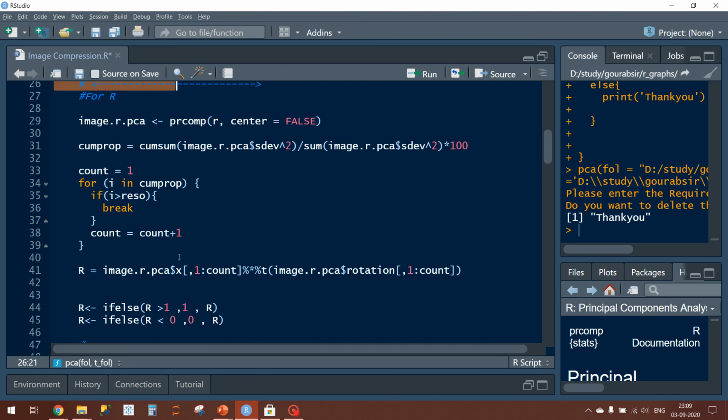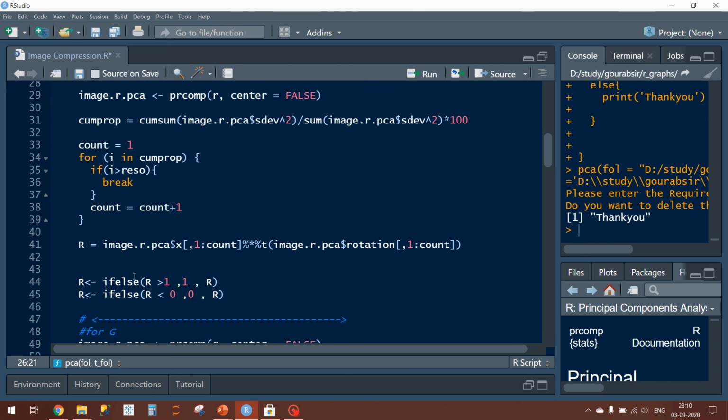So my peer has already provided you information on prcomp. Let's move to the compprop function, where we are calculating the cumulative proportion of the variance. This cumulative proportion of the variance will be used for subsetting the number of principal components as per the given variance. That is, we are using 99%. There we are calculating the proportion of variance explained by the principal components for the matrix R.